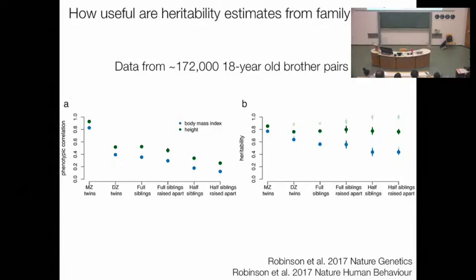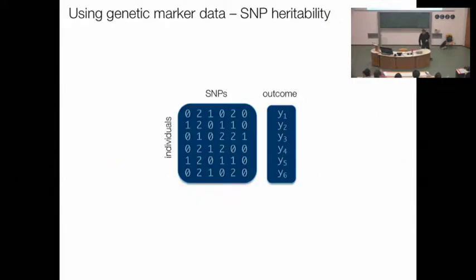And so if you account for that, what you get is stability in the height heritability estimate, irrespective of the relationship group that you use. But for body mass index, the estimate of heritability that you get from monozygotic twins is nearly the same as height, but then it decreases as you go to half-siblings raised apart, implying simply that obviously relatives don't just share genes, they share a common environment also. And that's one way of breaking down that common environment sharing to get a more accurate estimate of what the true heritability is. With the advent of marker data, so we have lots of individuals measured at lots of SNP